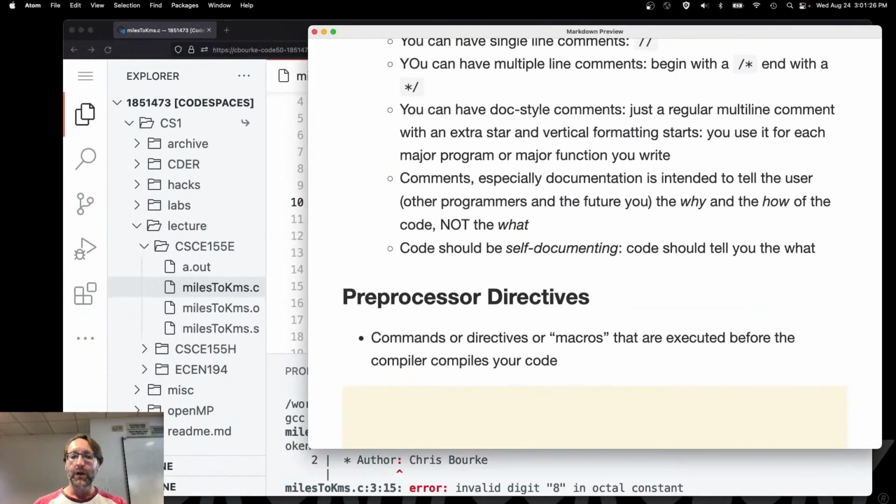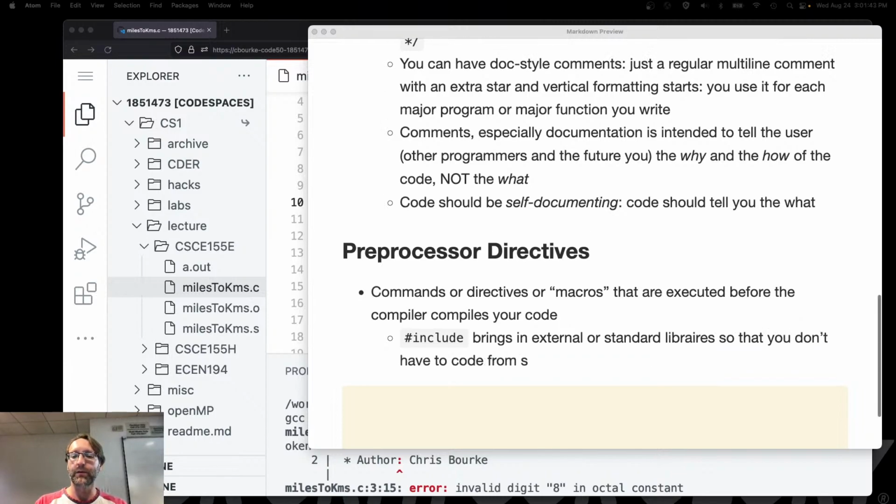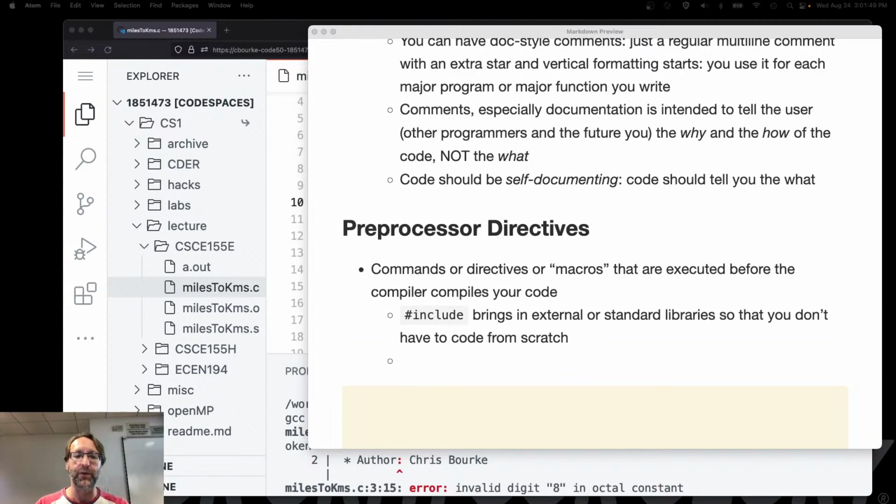So what we've just seen is that include brings in external or standard libraries, so that you don't have to code from scratch. We don't care about spelling too much, because we live in 2022 where we all use our spell checkers. I don't have a spell checker here, but